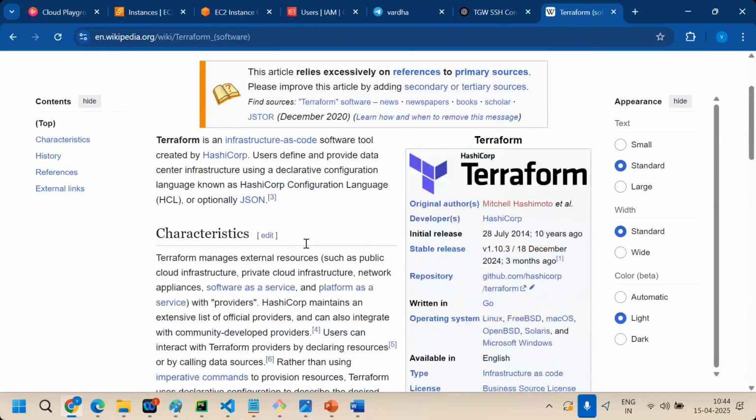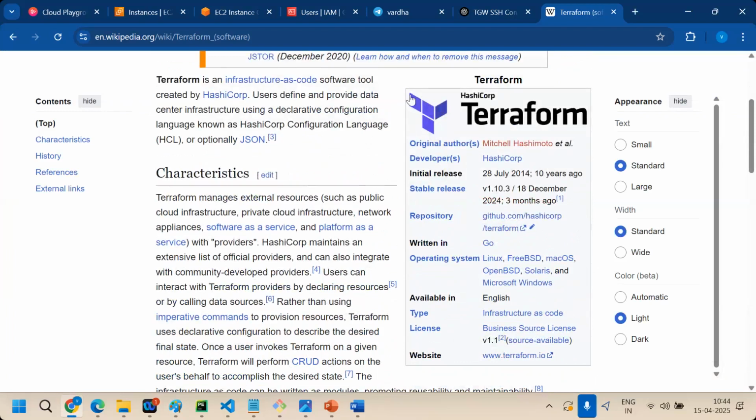The main things you can see here: developer is HashiCorp, and Mitchell Hashimoto is the original author. Stable release 3 months ago, 2024. Terraform is written in Go language. Supported operating systems are Linux, macOS, Windows. Type: infrastructure as code.